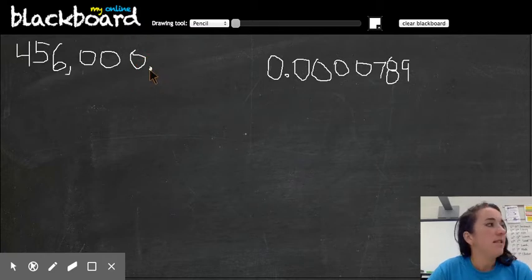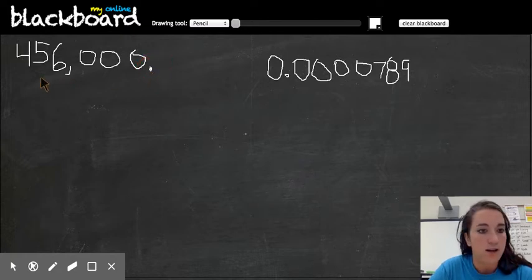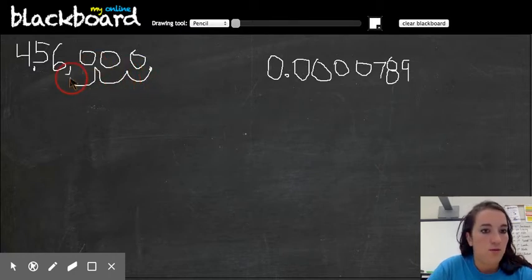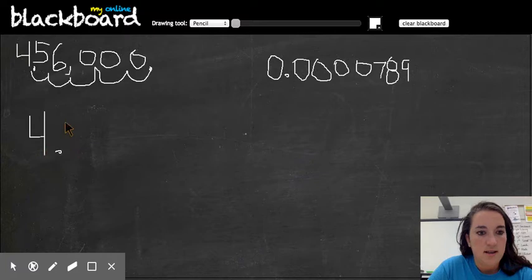So I need to move this decimal so that I will have a front number between 1 and 9. Where can I put this decimal so that the number becomes between 1 and 9? I can put it between the 4 and the 5. How many times do I have to move the decimal to get there? Move it 1, 2, 3, 4, 5 times. So I have 4 and 5, 6